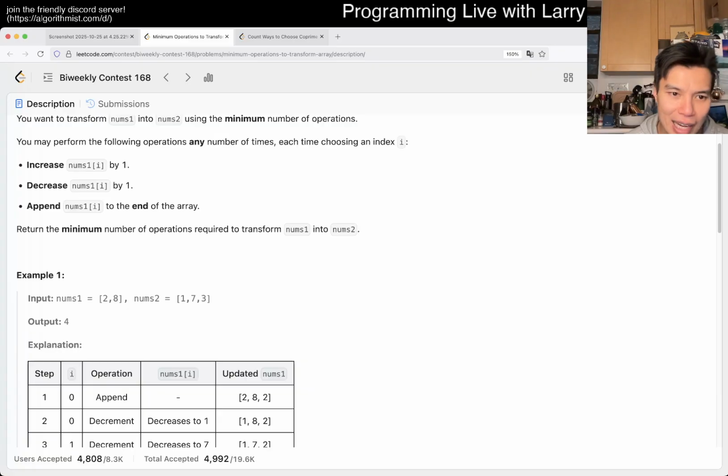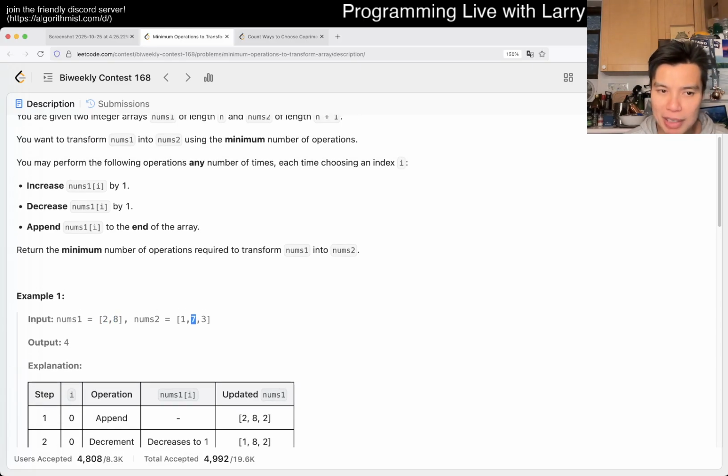The idea here is that, well, the prefix, you can't really do anything about it. You have to move that number, right? 2 to 1, there's no way about it. 8 to 7, there's no way about it. And then we get to choose one of the numbers, and then we append it to the end. That part has a lot of choices, but we can go through all the possible cases. For that, we'll just focus on finding the last number and appending, because all the other numbers have no choice. It has to end up at whatever the prefix is. Okay, so with that established,